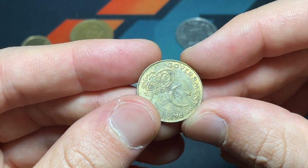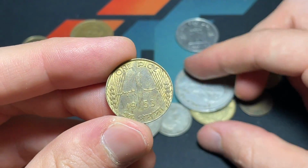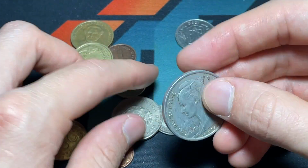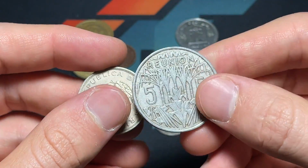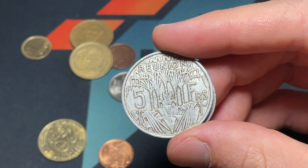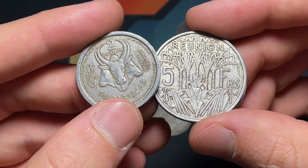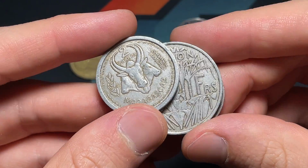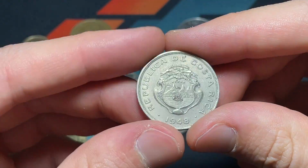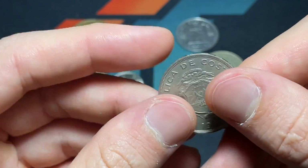Then we've got a Pakistani. I feel like we've gotten a really nice representation of all across the world. 1953 1 pice coin, and this might be another Madagascar. It's Réunion 5 francs, but this is just a testament to the wide range of different places that the French had colonies in, but both aluminum coins, and we've got, continuing the geographic diversity, 50 centimos from